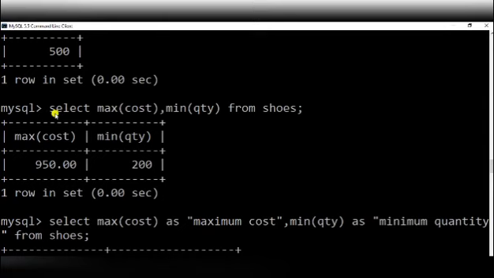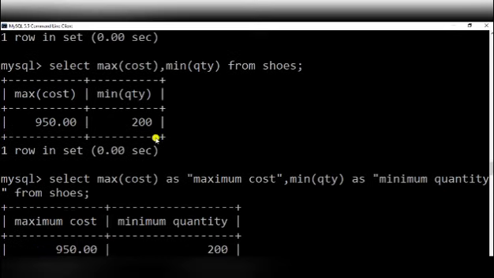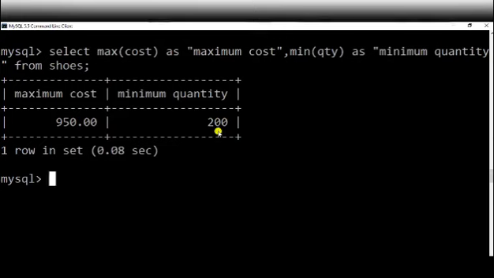Whenever a question comes to you, that a query is given and you have to write the output, you will take care of this thing, that you have to write the heading like this only. You don't need to change all this. You will get full marks only if you write the output like this only. If there is any change, obviously the marks will be deducted.